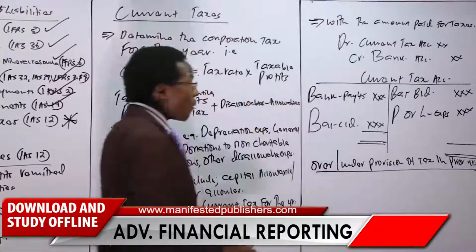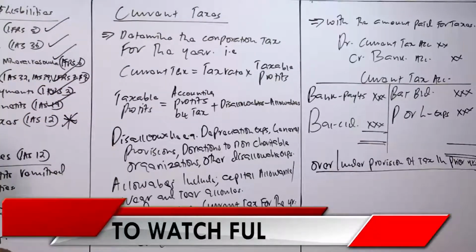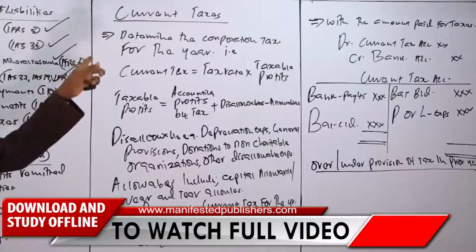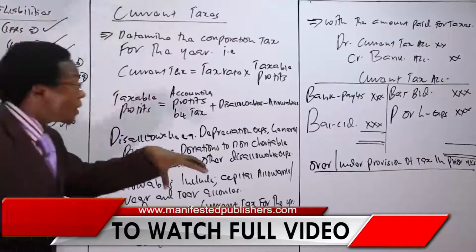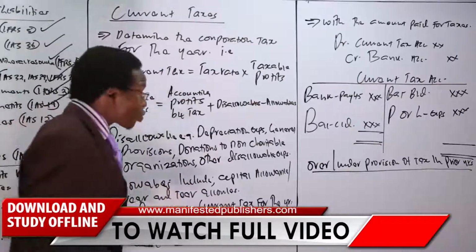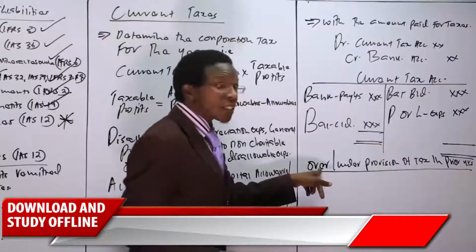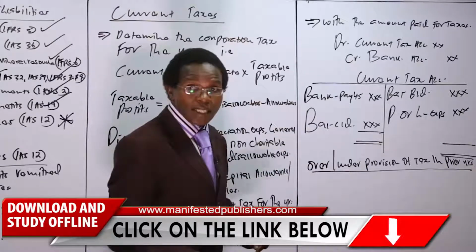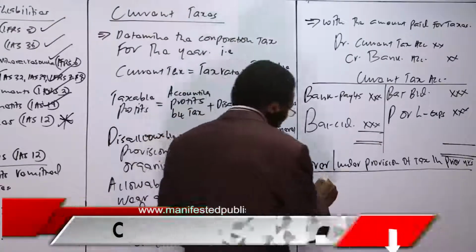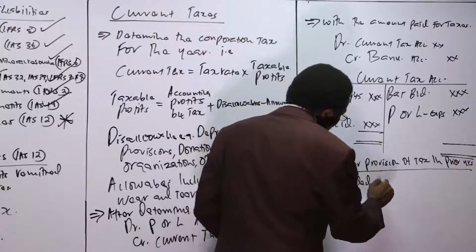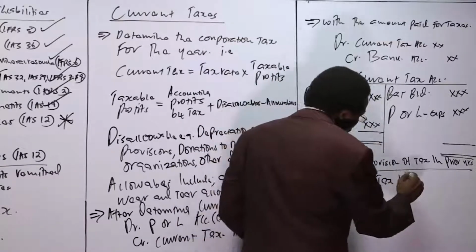If there is an over provision or an under provision, then it means that in the previous year you estimated more tax or you estimated less tax. So if you over provided for tax in the previous year, then this year it will be reported as a credit, as an income. So an over provided tax in prior year